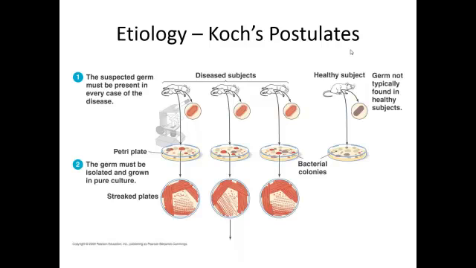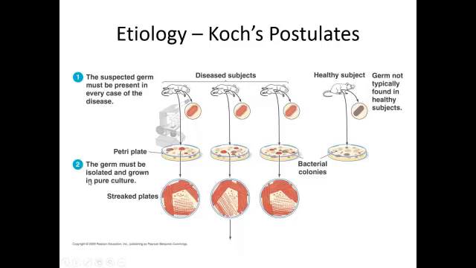agent of any disease. First off, the suspected germ, remember the time period he was living in, must be present in every case of the disease. So he was working with anthrax. Anthrax can cause death in mice. So all mice showing symptoms of anthrax, you have to be able to isolate the same gram-positive rod. The healthy subject, if you take blood from the healthy subject, you are not going to find that gram-positive rod. So you have to be able to see it microscopically, and you have to be able to isolate it, which